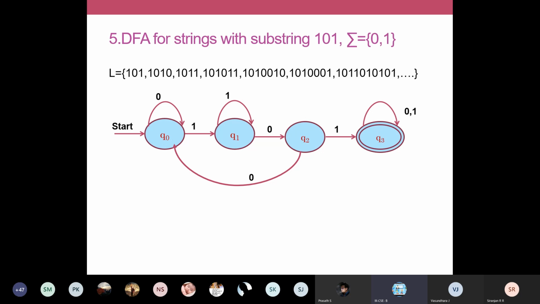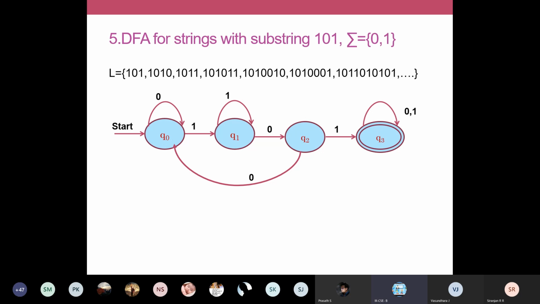Okay, so each and every diagram you have to imagine like I'm going to give a string as input at Q0. Okay, in your language you have so many strings, you pick any one string, for example the 4th string or 5th string, like that you pick a particular string and imagine you're going to apply it in Q0. On reading the symbols in your string one by one, how we are making a transition and how we are reaching the accepting state, like that you have to analyze. Okay, so this is the basic for your substring. In the beginning you can have anything, in the end also you can have anything, and in between you must have your substring or subsequence 101.